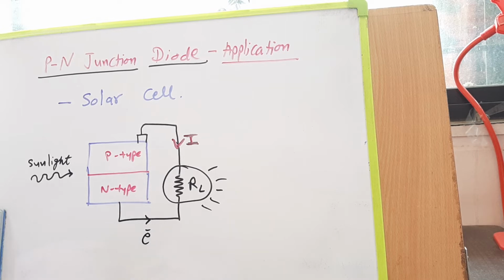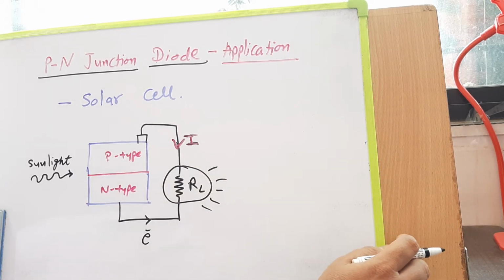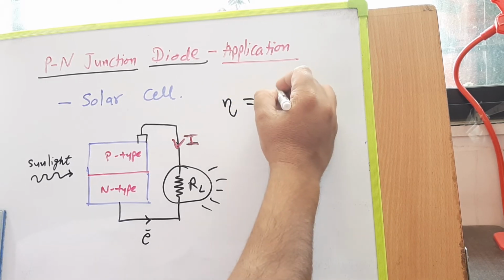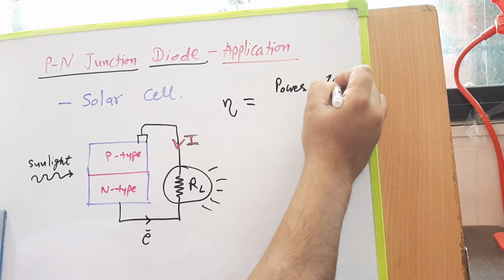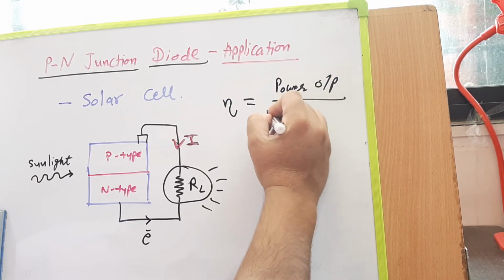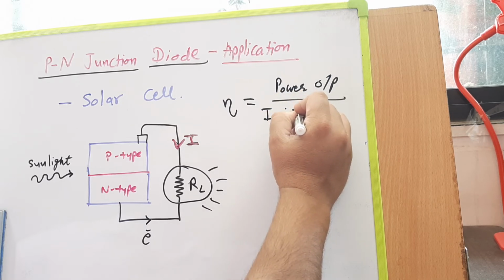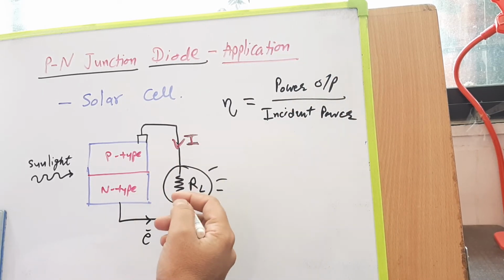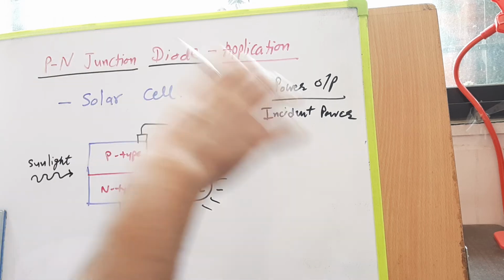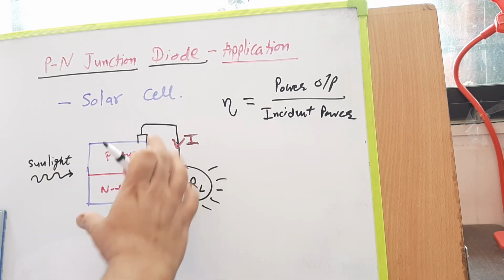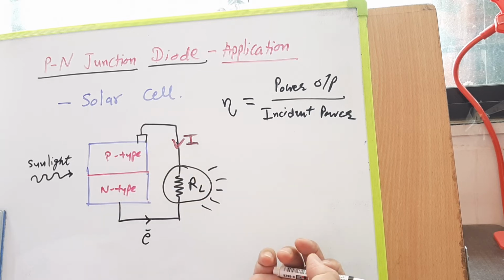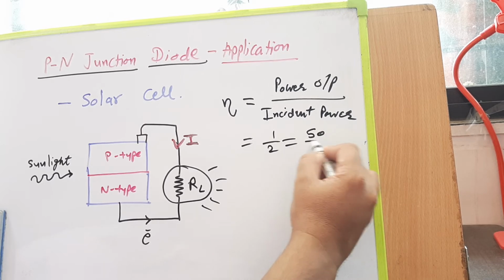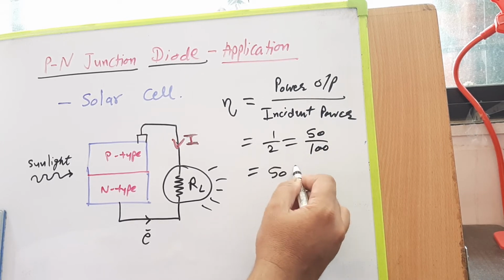One more concept we have, I think, already discussed in all the practical batches I have taken, that is called efficiency, eta. Efficiency is simply power output by incident power. So it is just output by input. So typically जर 100 युनिटचा सनलाईट पडत असेल आणि जर तुम्हाला सर्किटमधून 50 युनिट जर एनर्जी मिळत असेल, तर efficiency will be 1/2. So in numbers, 50 by 100. So effectively it is 50%.